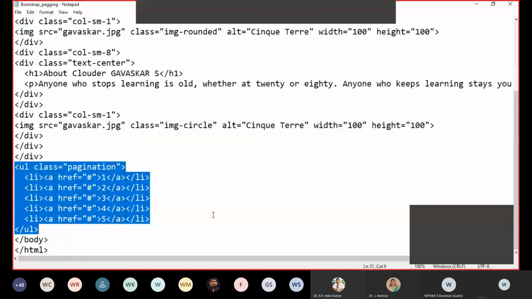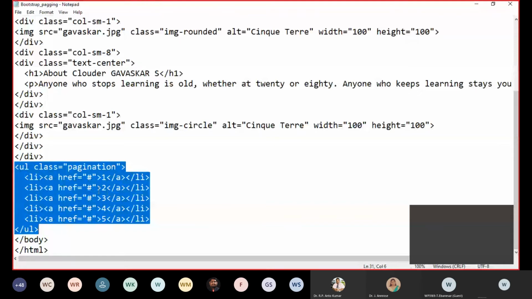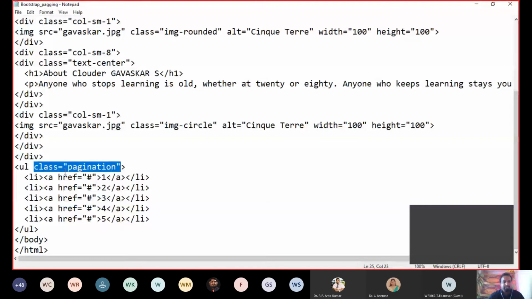So now this is regarding paging. You are creating a list tag. Everyone will be familiar in HTML with the list tag. You create an unordered list, and you provide a class. Class equal to paging. This is important. This is how we bootstrap the page. If you are not using this, it will be the ordinary page. So you provide class paging.